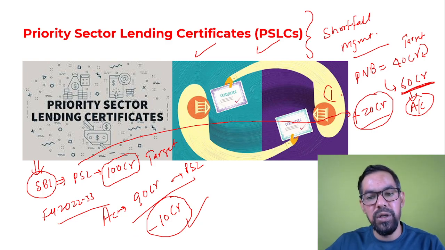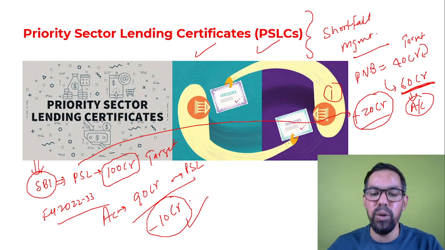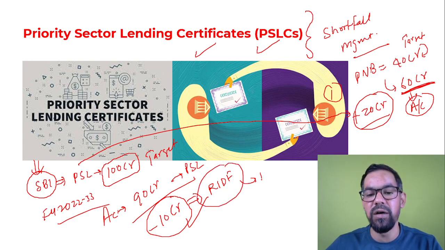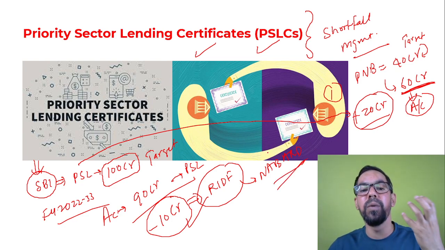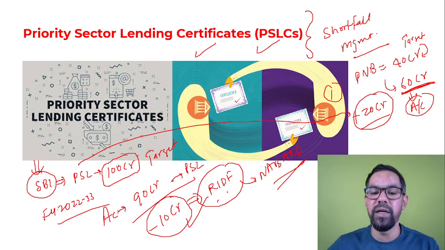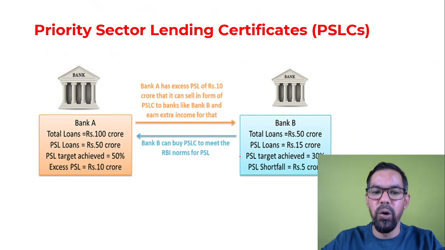This was the norms, the guidelines one. The second one is State Bank of India can deposit this 10 crore rupees under RIDF, Rural Infrastructure Development Fund, which generally comes under NABARD, or they can deploy it under Mudra loan and all. Okay, so if it is a foreign bank, they can deposit with SIDBI or Mudra loan, and if it is an Indian bank, they have to maintain it with RIDF under NABARD. So in these two ways they can manage the shortfall targets. Okay, I hope you're getting this one.